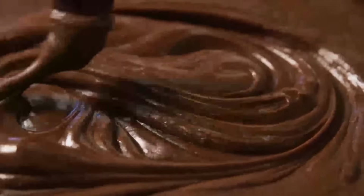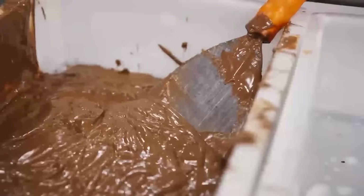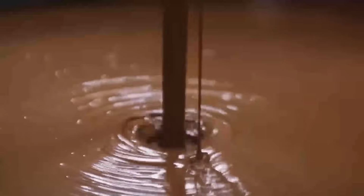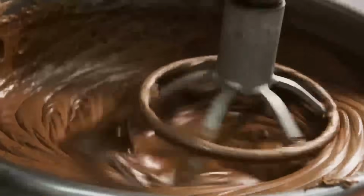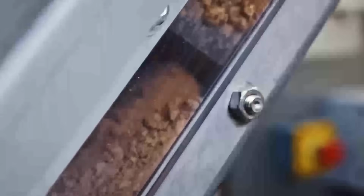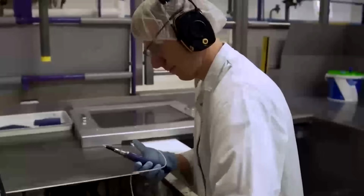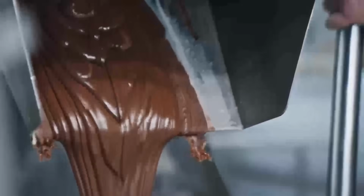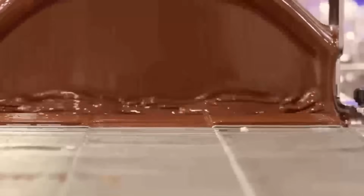begins. Inside the cooling tunnel, a meticulously engineered, climate-controlled chamber extending over 30 feet in length, the freshly enrobed Almond Joy bars begin their chocolate setting phase. This tunnel is one of the most crucial parts of the process, ensuring that the tempered chocolate coating transitions from a glossy liquid into a solid shell with the perfect texture and finish. The chocolate must cool at a precise rate, not too fast, which could result in cracking or sugar bloom, and not too slowly, which could cause the cocoa butter crystals to misalign, leading to dullness or fat bloom on the